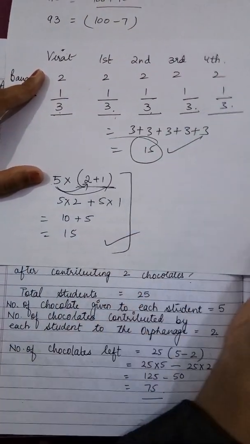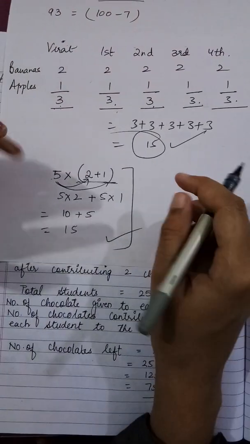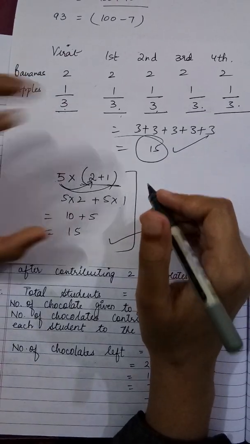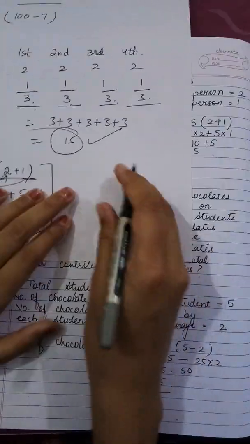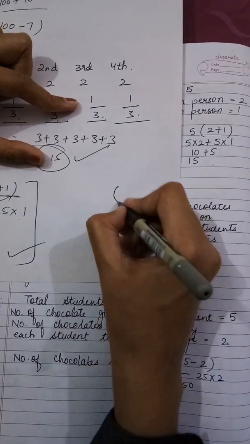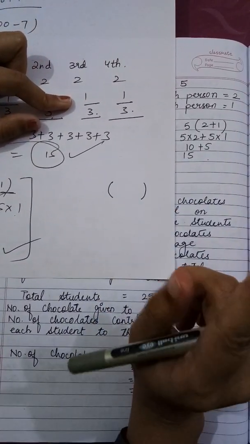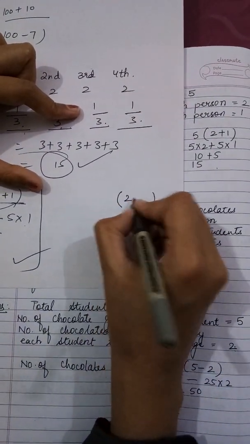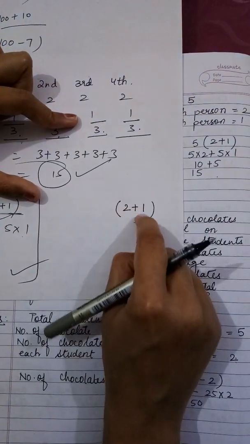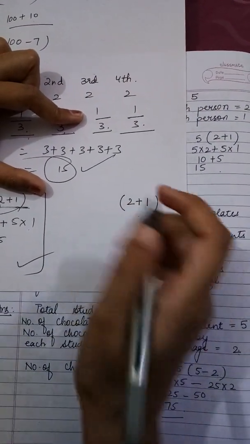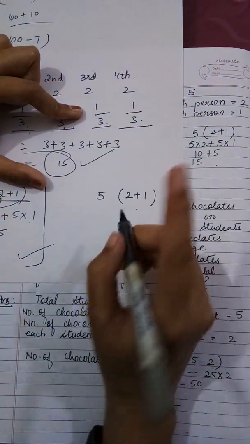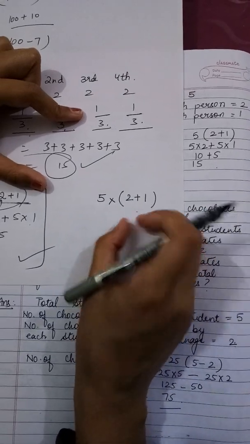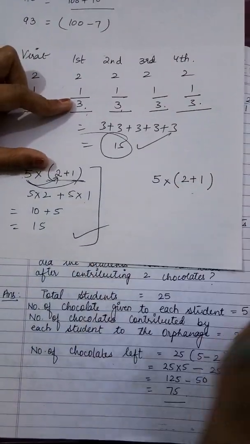So see, both answers are coming the same. So you had to do this using the distributive law. Okay, so I have explained how it will come. Again see how it came. Firstly, the fruits each person is having, I write inside the bracket: each person is having 2 bananas and 1 apple. So this is the total one person is having. But we have 5 persons in total, and we have to find how many fruits there are with 5 persons. So I am going to multiply this by 5, and then we apply the distributive law.